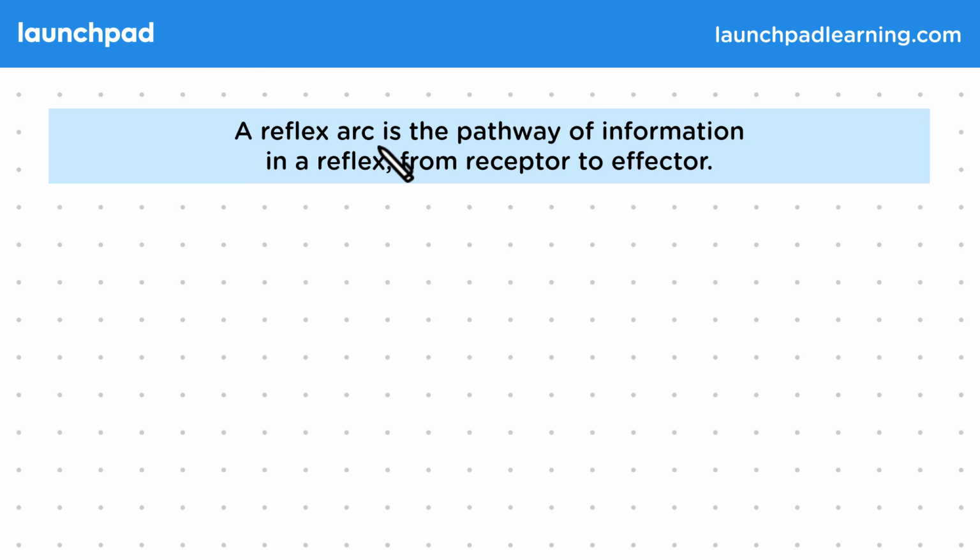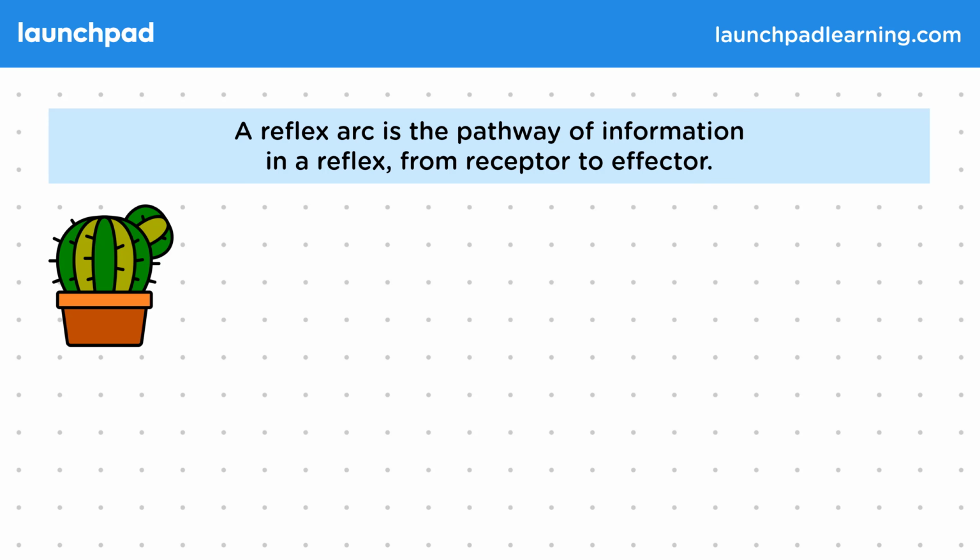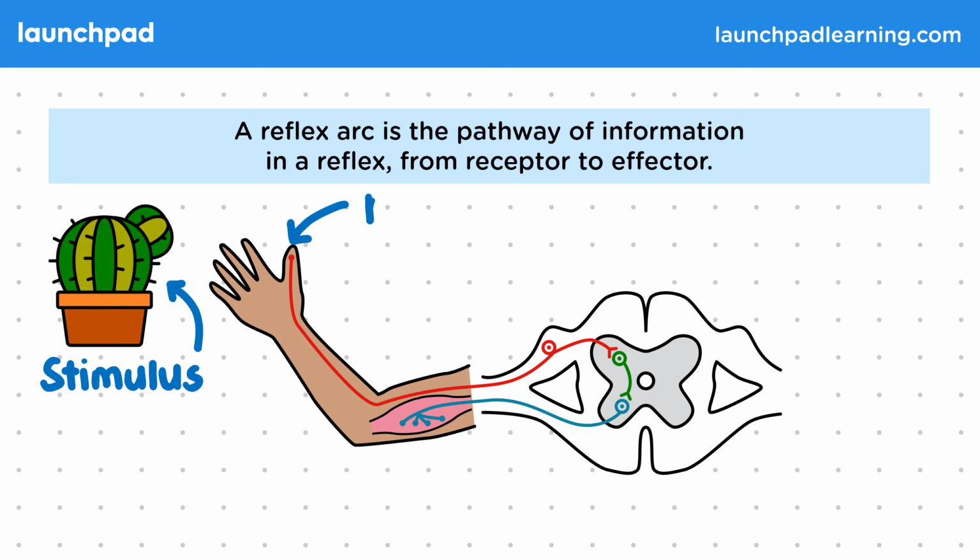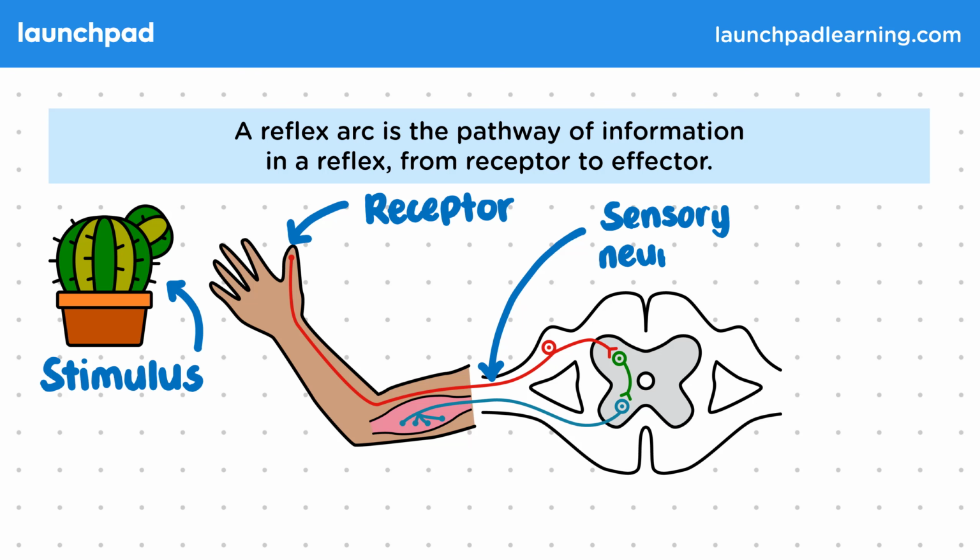A reflex arc is the pathway of information in a reflex, from receptor to effector. Let's imagine a scenario where you've pricked your thumb on a cactus, the stimulus. A receptor, such as a cell in the skin, will detect the pain. This then triggers a pathway of an impulse. First, the impulse will move through a sensory neuron, be passed through to a relay neuron, and then to a